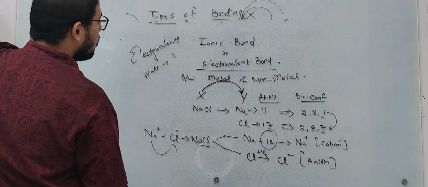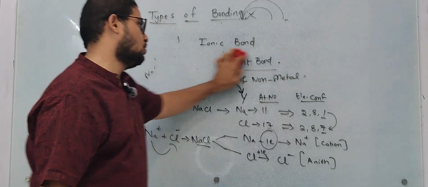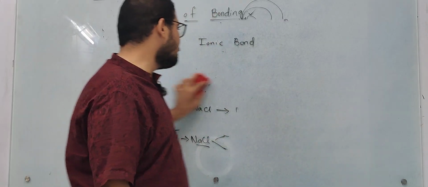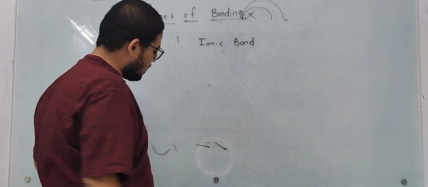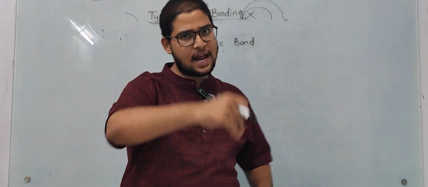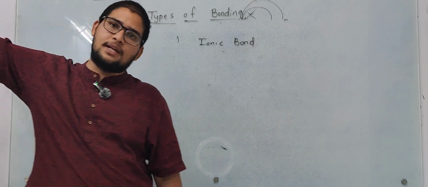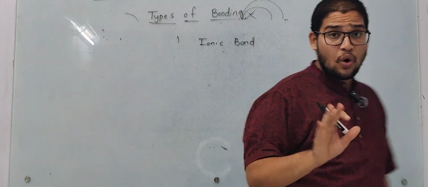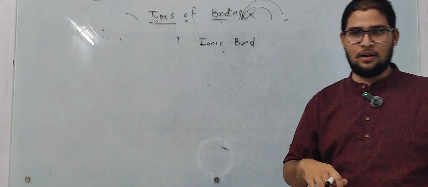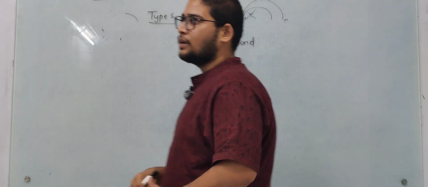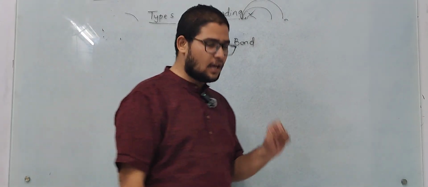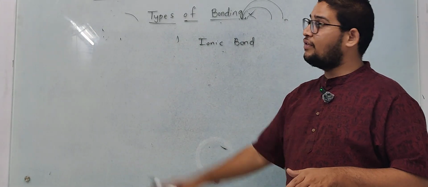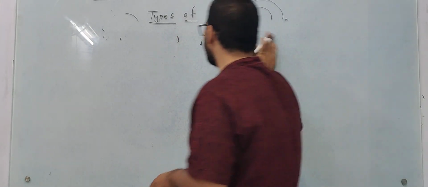It's going to be the covalent compound. So what is a covalent compound? It's very simple. In an ionic compound, we have studied that a complete transfer of electrons has taken place. In a covalent bond, it is not a transfer, it is the sharing of electrons. But the difference you should know is that in an ionic bond, one metal and one non-metal are involved. Whereas in a covalent